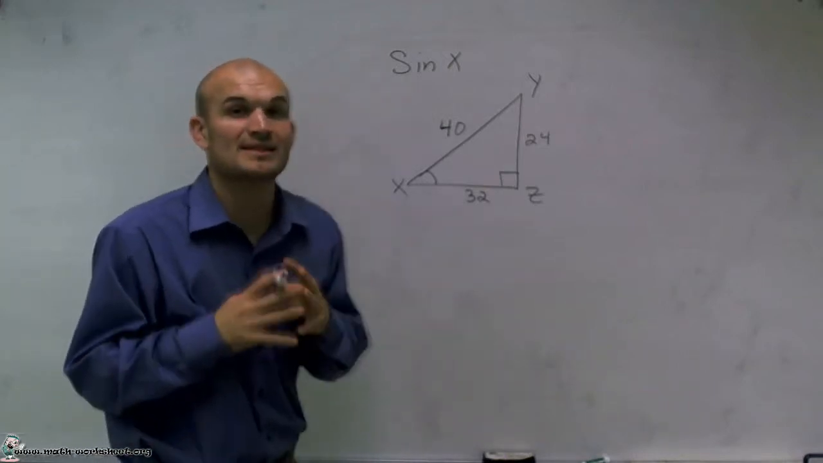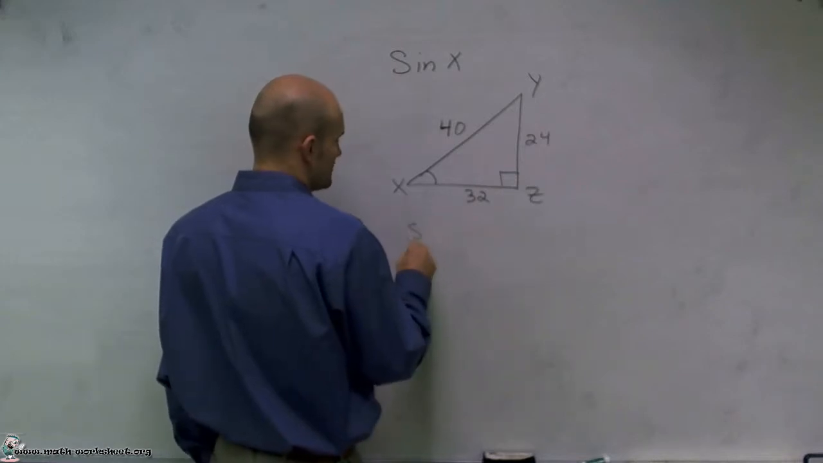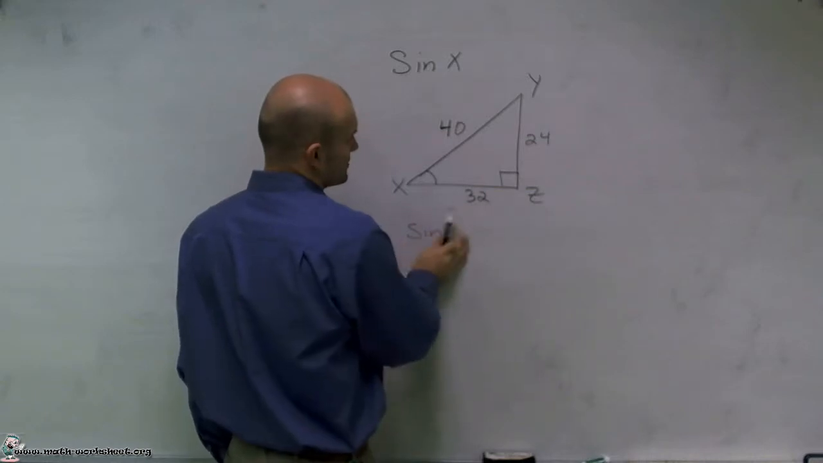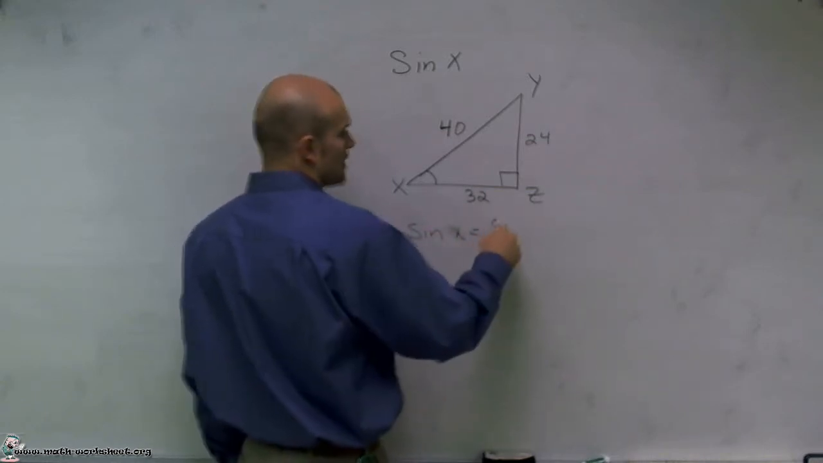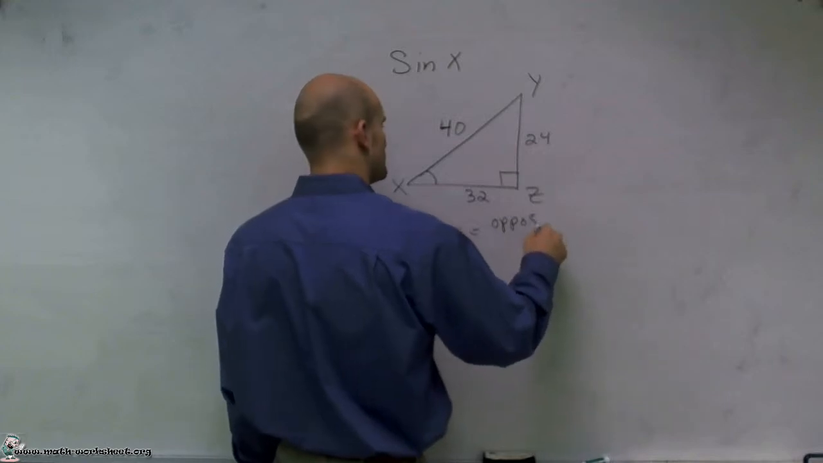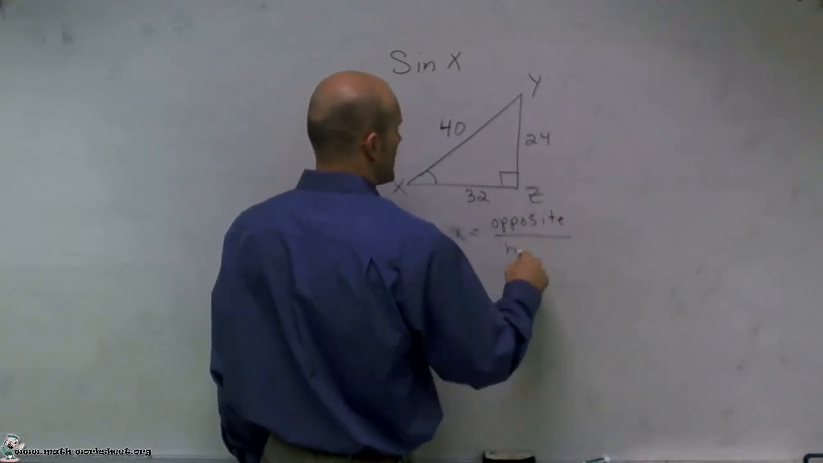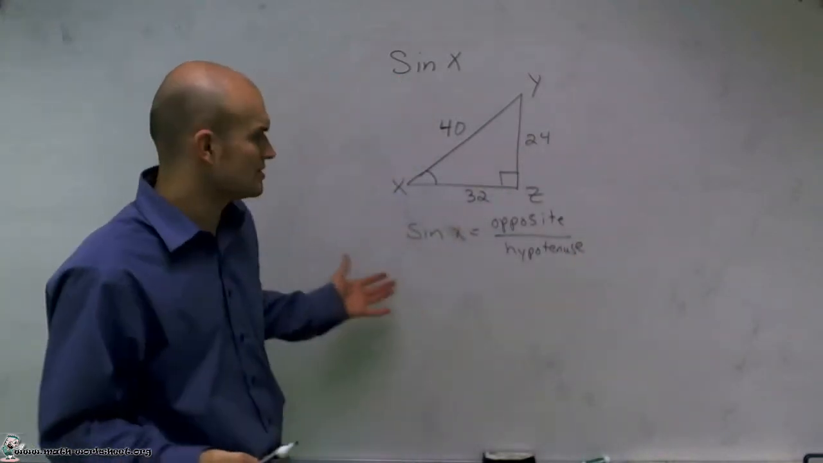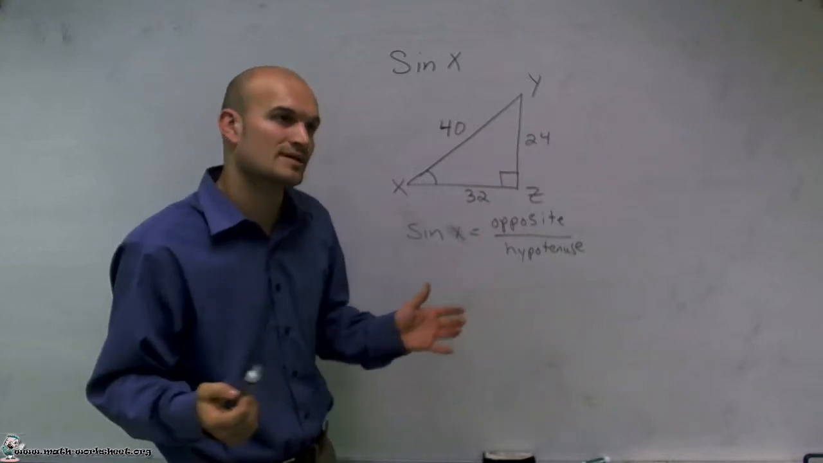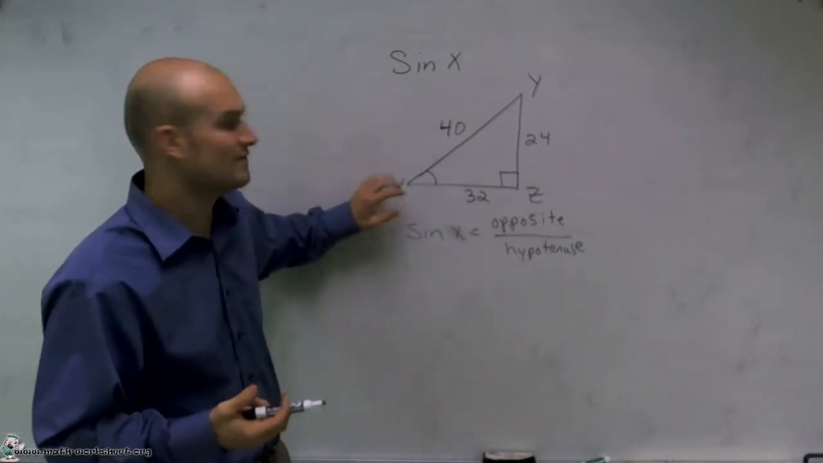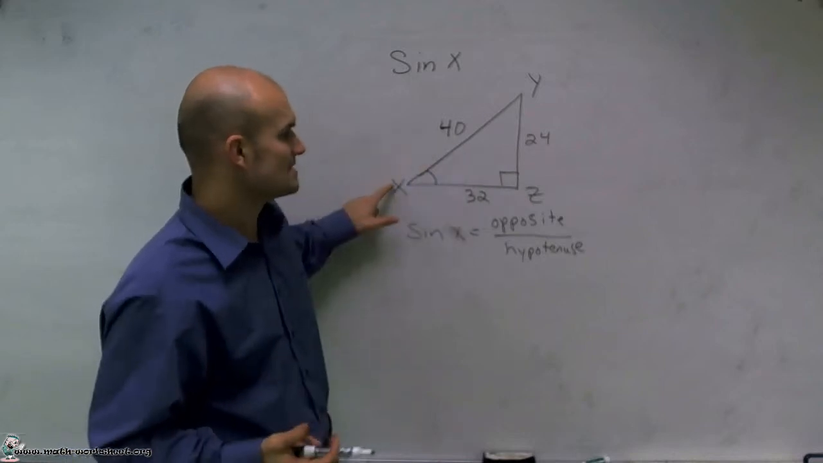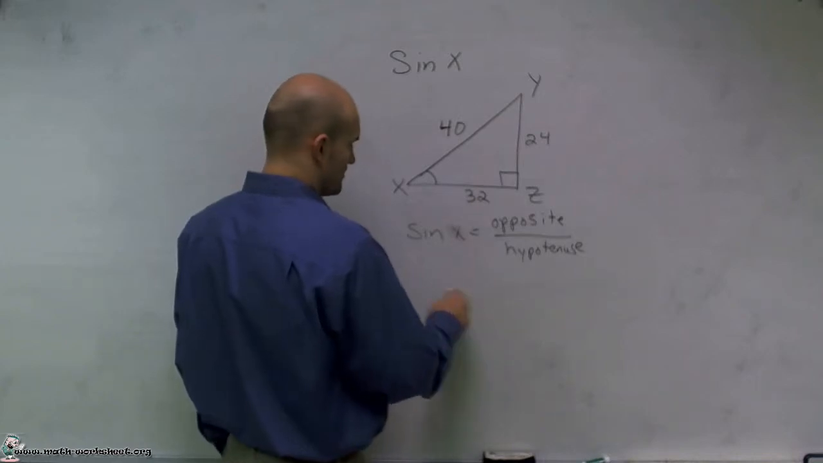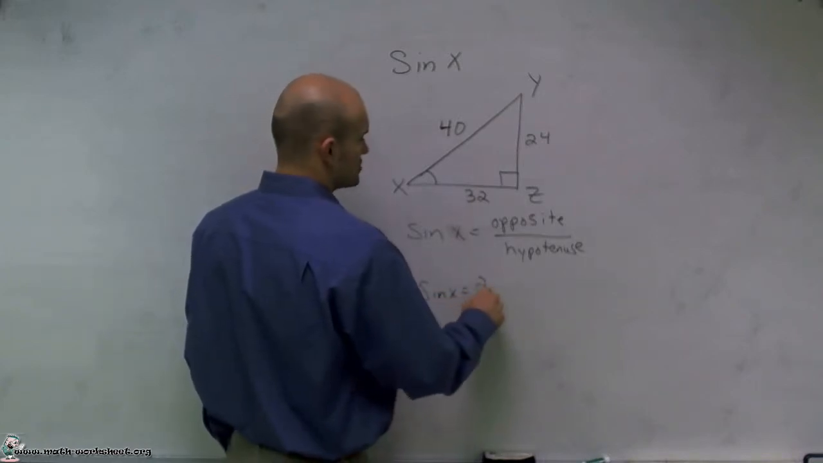One thing we need to remember about the sine function is that the sine of x equals your opposite side of your triangle over your hypotenuse. And you might say, when is it going to be opposite and when is it hypotenuse? Well, it's always of the angle you're trying to find. So the sine of x is going to equal my opposite side, which is 24, over my hypotenuse, which is 40. So therefore, I have sine of x equals 24